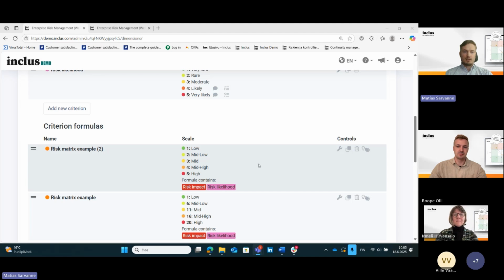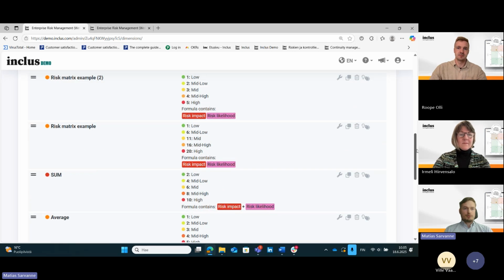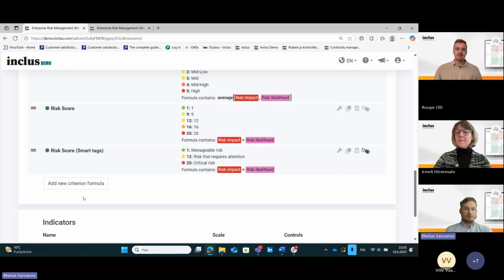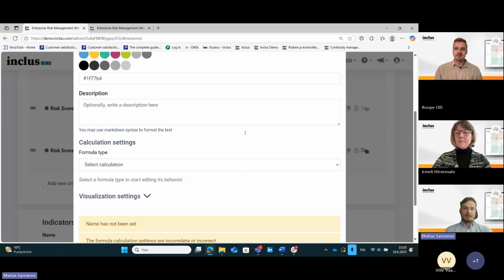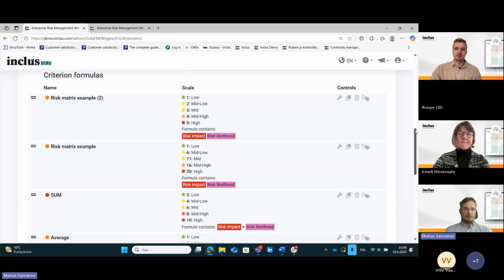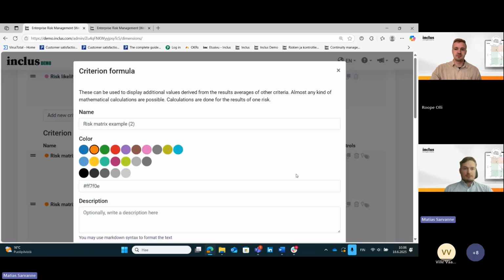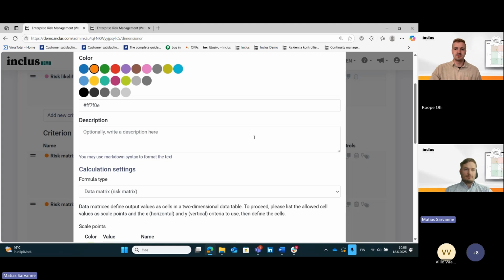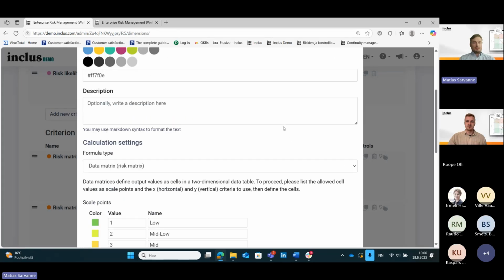So now I have a couple of examples made ready, but for you to start to do it, there is this add new criterion formula, and then you start to build the risk matrix there. But let's go through the ready-made example. So here we have this risk matrix example. First you just add the name for that risk matrix if you want to edit it somehow,